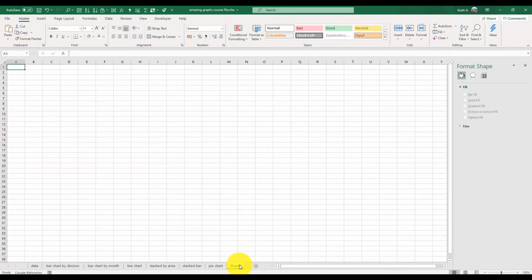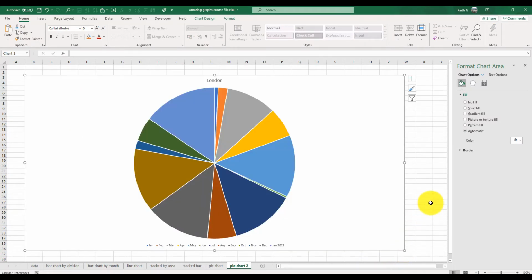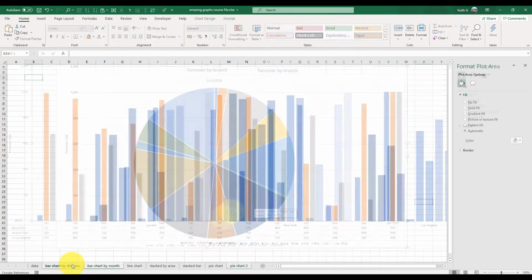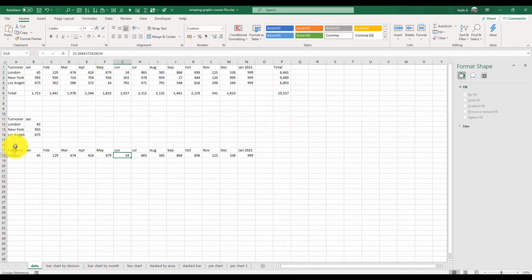Let's do a pie chart too. And click here and then paste. There we go. So this is London by month. Not particularly useful in this particular. Actually, this one is the most useful, and you can just see how much London's gone up and down over time. But if you wanted to do one of these for New York, the easiest way of doing it, I